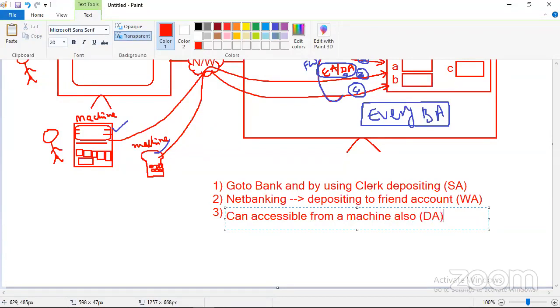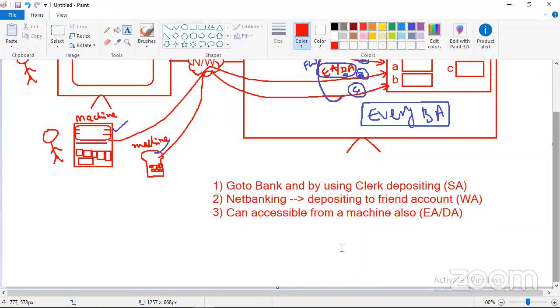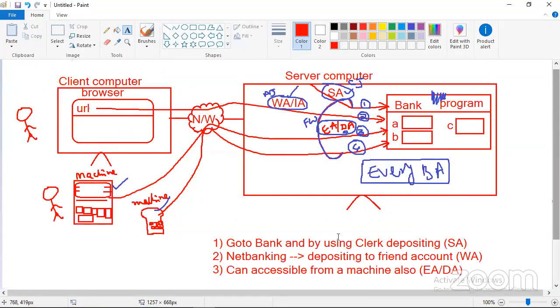Distributed, an enterprise application or distributed. Just try to accept the matching concept. I'm not going to give you a bigger technical definition. Today's class is not about technical definitions. I'm just making you aware. That's all. Tell me, Paytm is an enterprise application or standalone application, or what type of application?